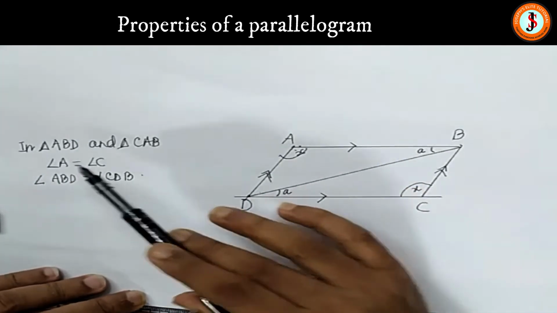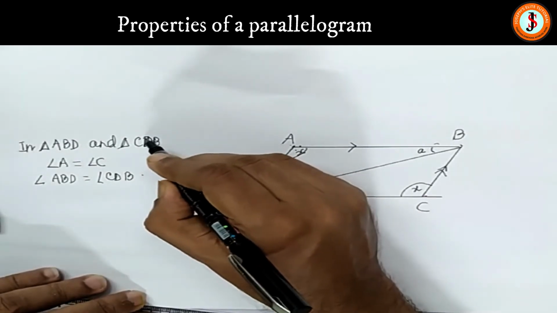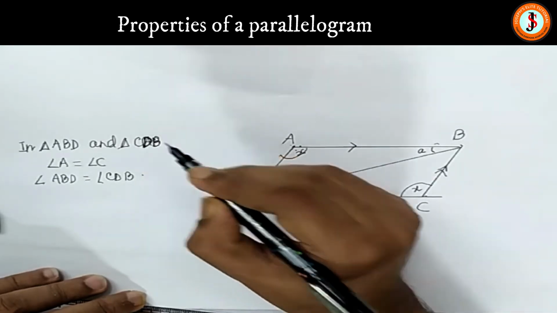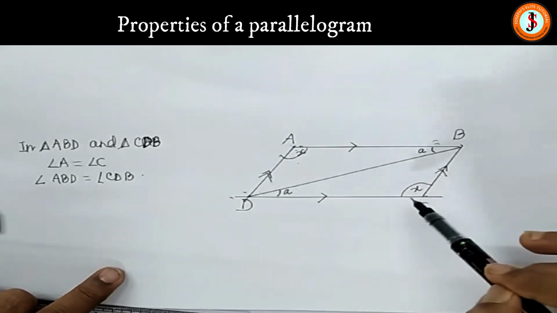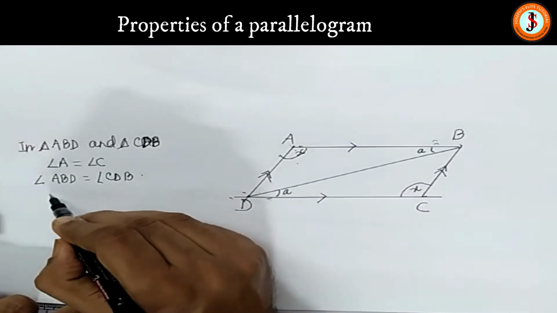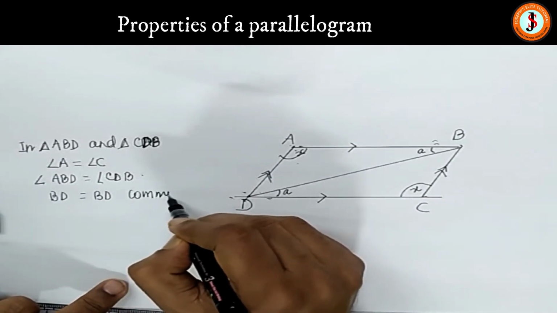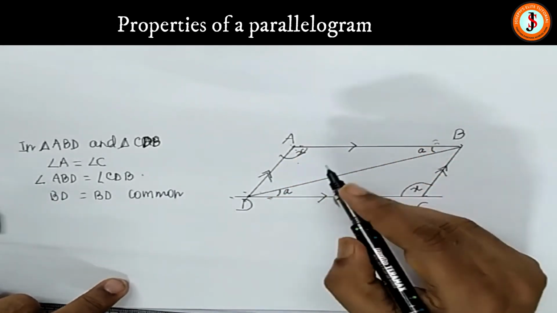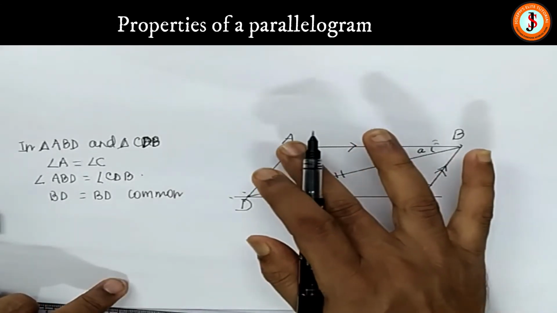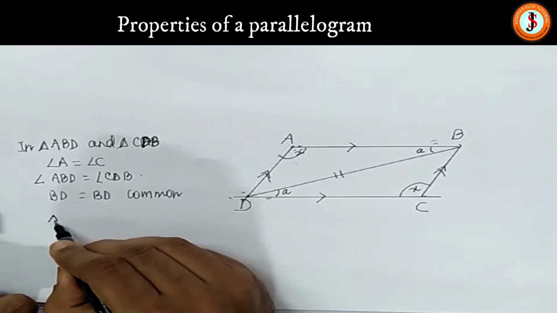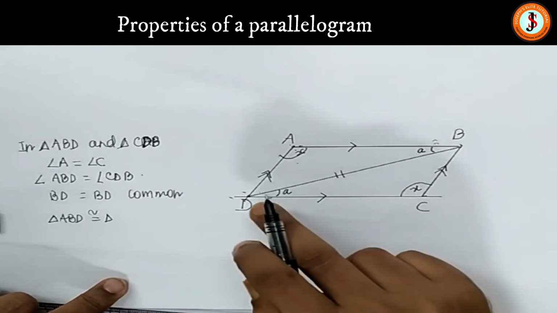Now here, one second, let us see in triangle ABD and CDB. Once again, angle A is equal to angle C, angle ABD is equal to angle CDB, right? And BD is common. This is common. So what is happening, children? By angle side, both the triangles are congruent. So now I have to place the vertices nicely. Triangle ABD is congruent to triangle CDB